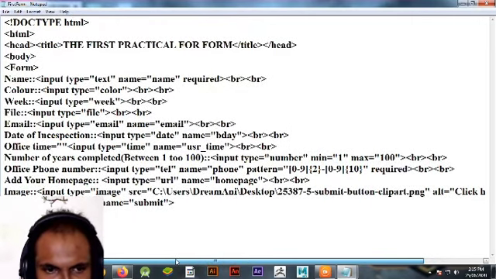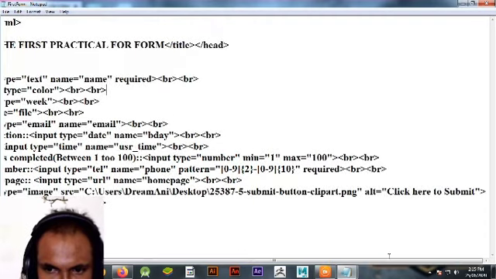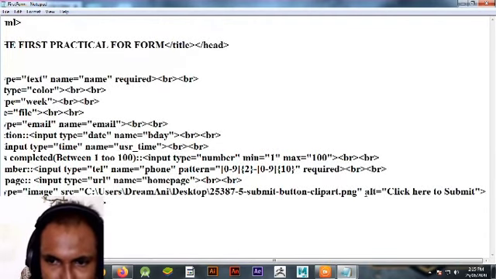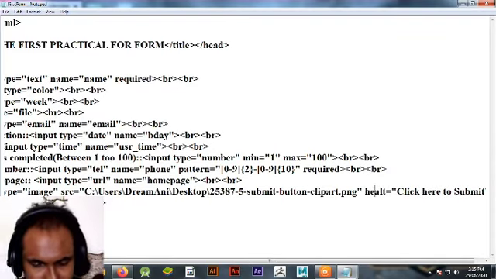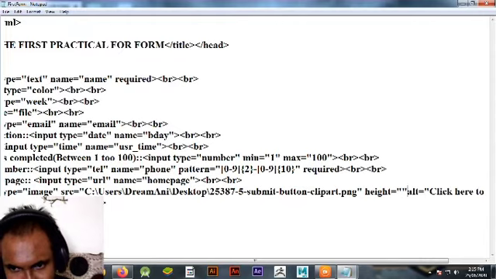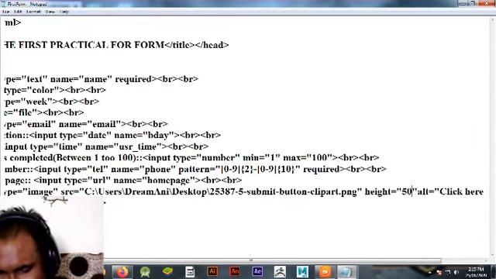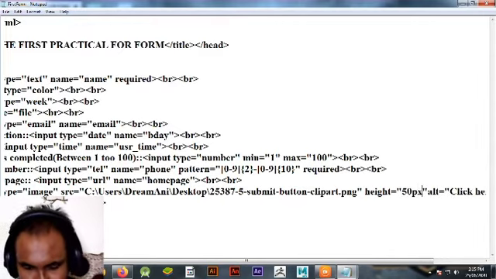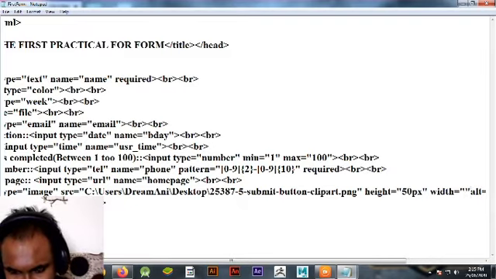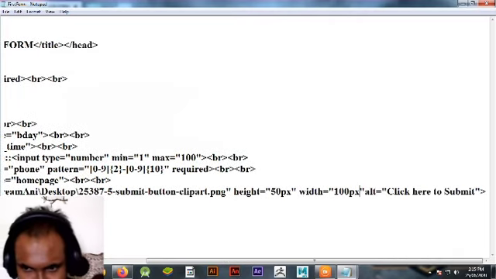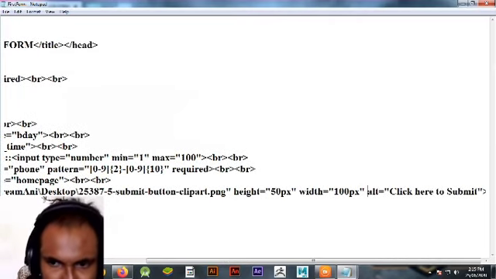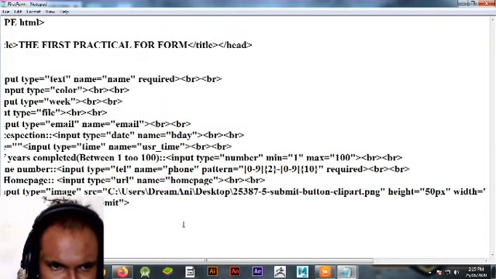There should not be any problem here, but I think we should give height and width here. Suppose I give height 50 pixels and width 100 pixels. Let's see if it is working or not. If not, there is no problem.